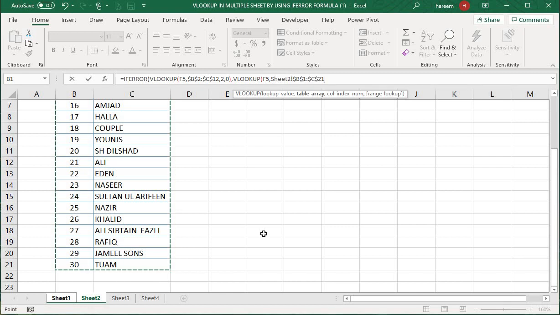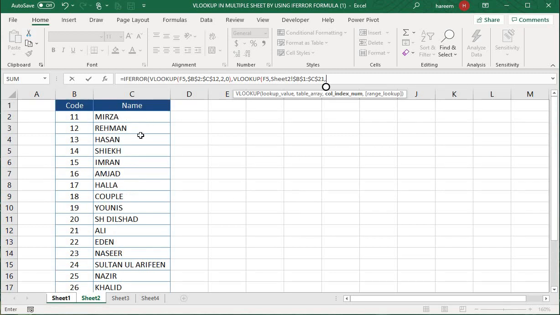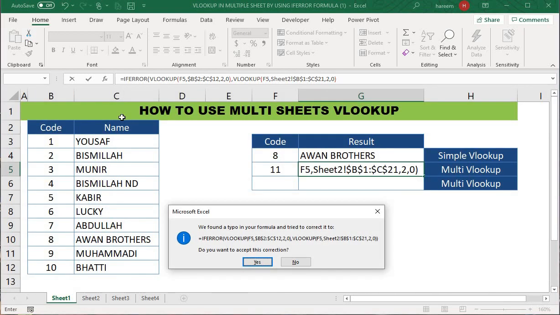Press F4 to lock the cells, comma, from this table I require a result against the code from column 2. Then 0, close, comma, close, enter.